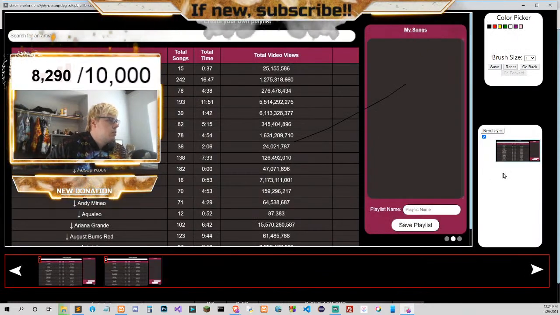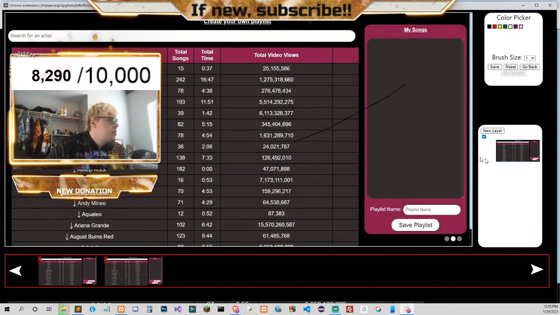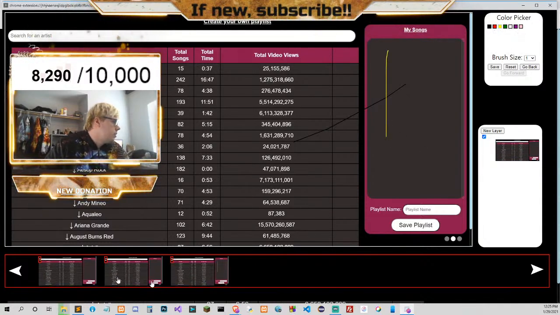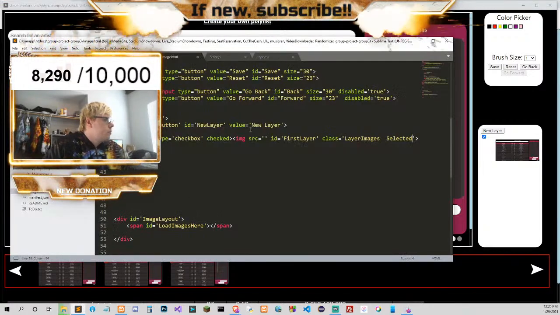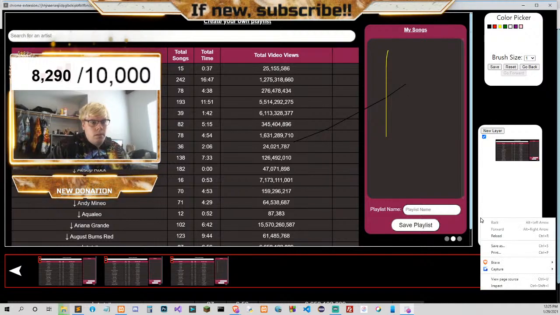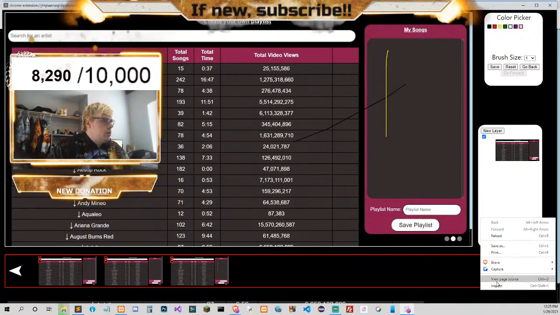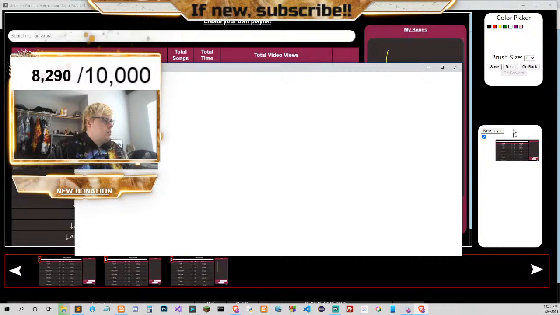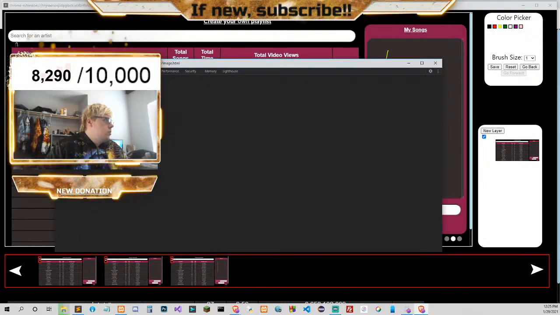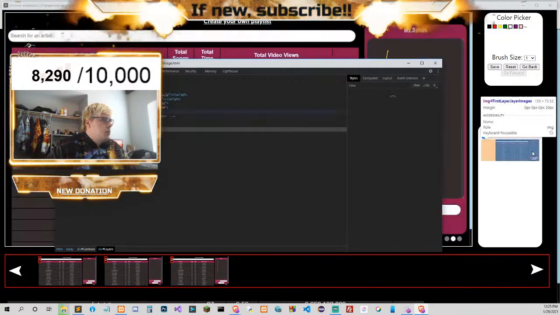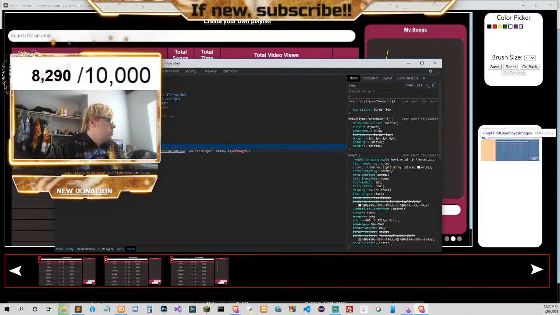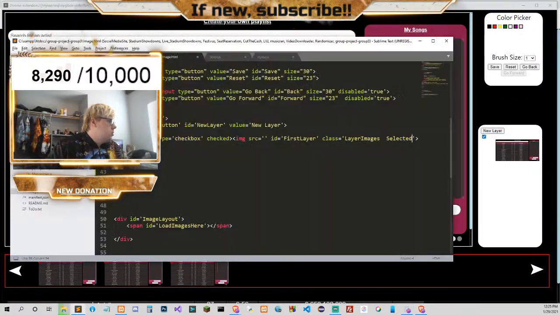And if I draw on it, it doesn't update this. Interesting. Because it's supposed to update this. But yeah, let's clean this up a bit now. So we're doing layers here. And then new layer is gonna be a create button. So we need to add that. But let's clean this up a bit. We should put this all in.